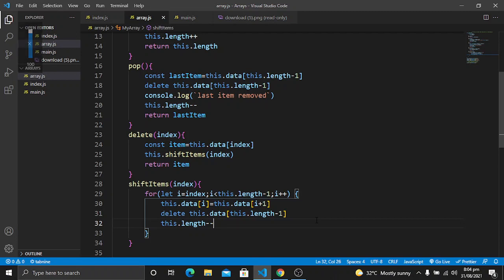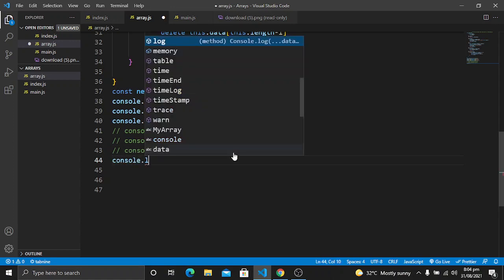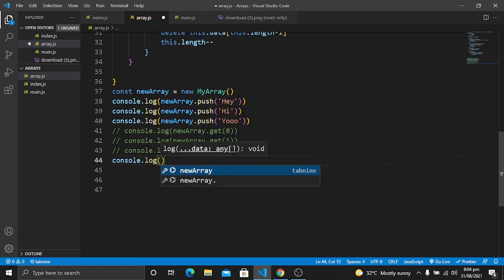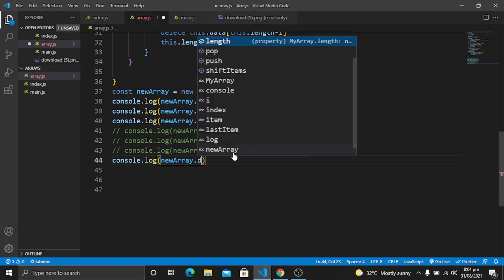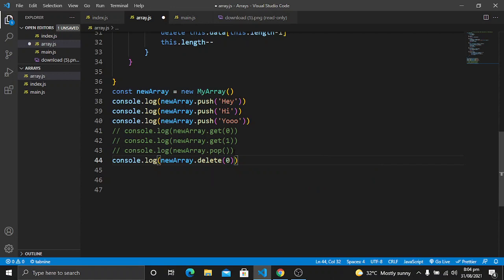Now we can use this delete method to delete every element at a selected index in our code. So let's go here, let's comment out the pop method. Now let's test the console.log of newArray.delete, and let's remove an item at index 0.